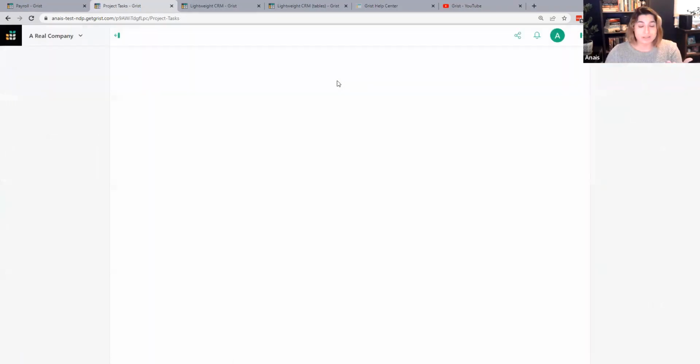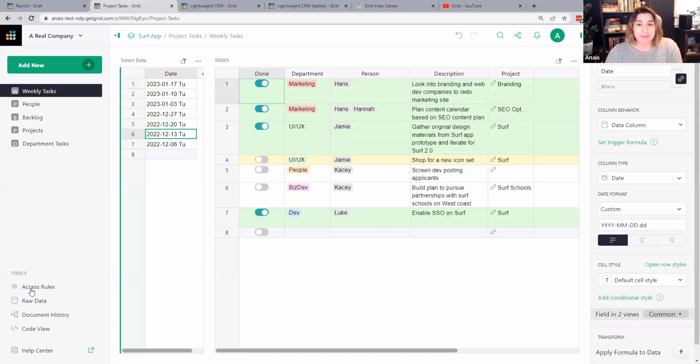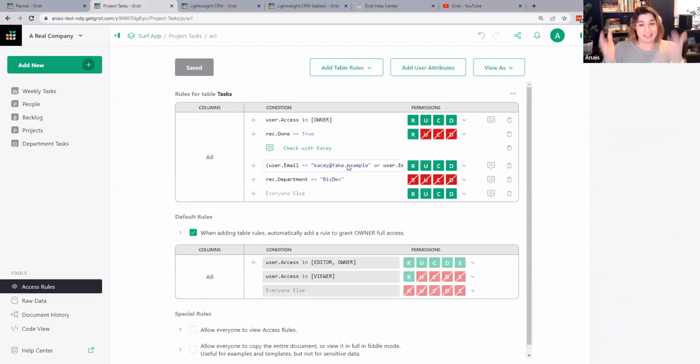So while this works, it's not really scalable, because every time you have a new manager, you need to enter their emails manually into a rule. This doesn't work very well. There's a better way to do this, and the better way is by creating custom user attributes. In the way that we have here, user.email, user.access, you could have user.anything, you name it, user.role, user.management, whatever it is. And in order to do that, you need to use an existing user attribute